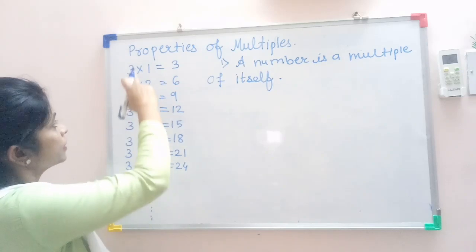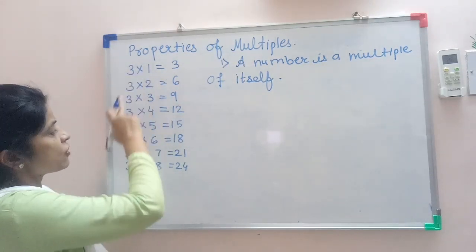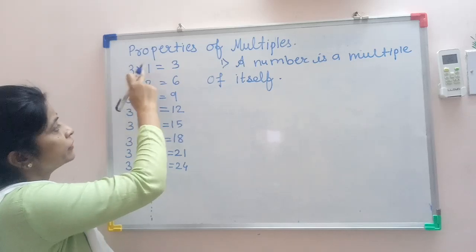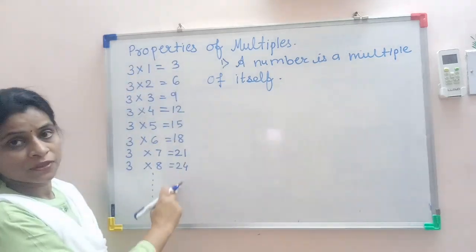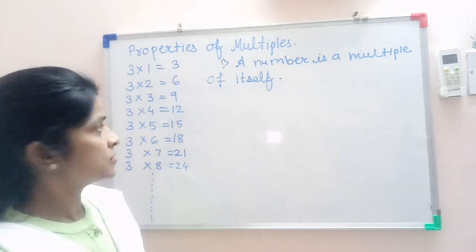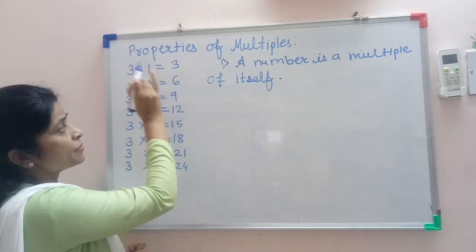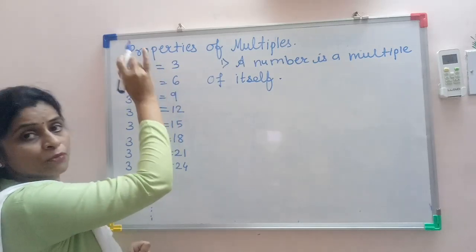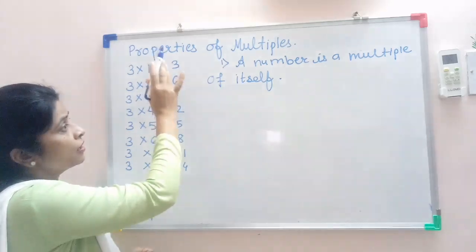Now here we see that a multiple of 3 is formed by multiplying 3 with 1, 2, 3, 4, 5 and so on. Now what are the properties of multiples? Number 1, keep in mind that when we have to find the multiple of a given number,